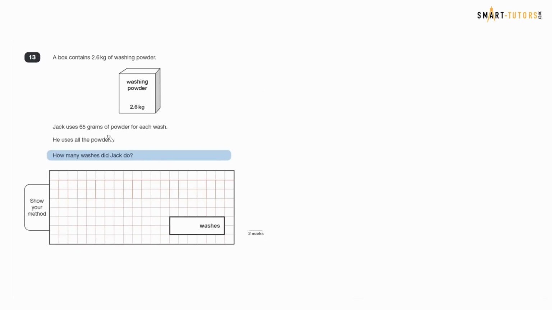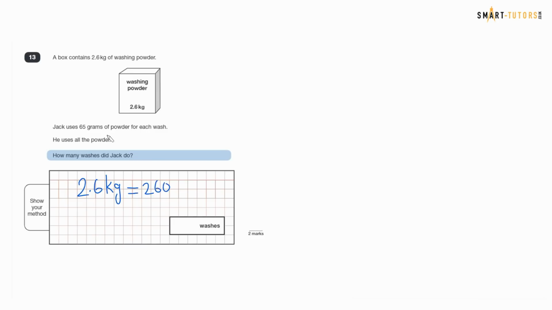Question number 13. A box contains 2.6 kilograms of washing powder. Jack uses 65 grams of powder for each wash. He uses all the powder. How many washes did Jack do? So he uses 65 grams for every wash. So